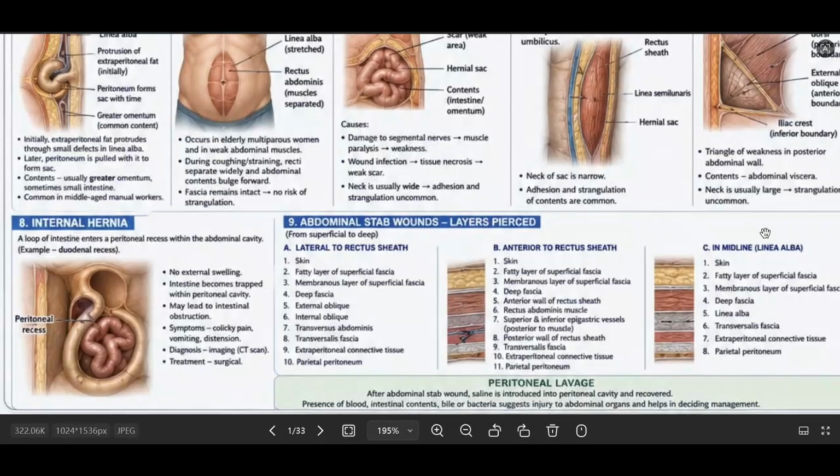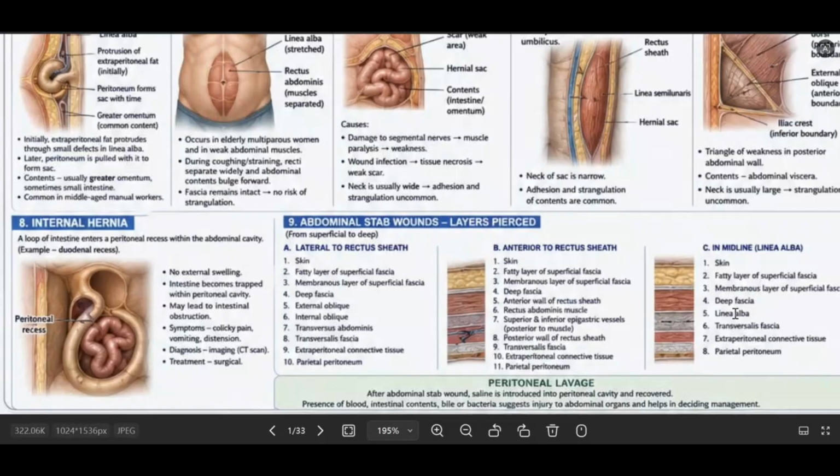Then the third point where the stab wound may occur is at the midline, at the exact point where the linea alba is present very medially. Okay, so what are the layers that are going to be pierced here? You all know that there is no rectus muscle in the medial point, so the layers are very simple. First we have the skin, then Camper's fascia, the fatty layer, then Scarpa's fascia, the membranous layer, then the deep fascia, and after the deep fascia we have the linea alba,